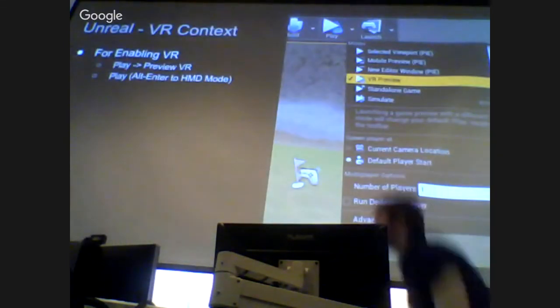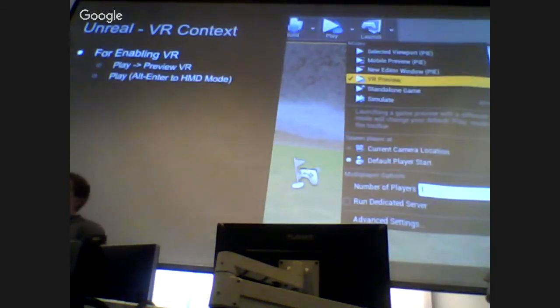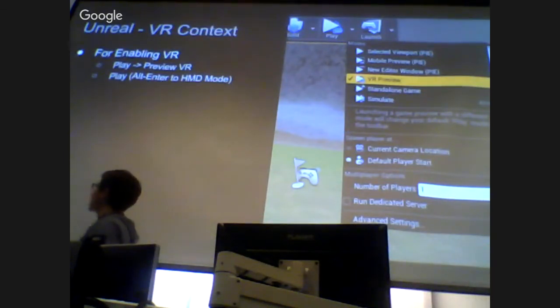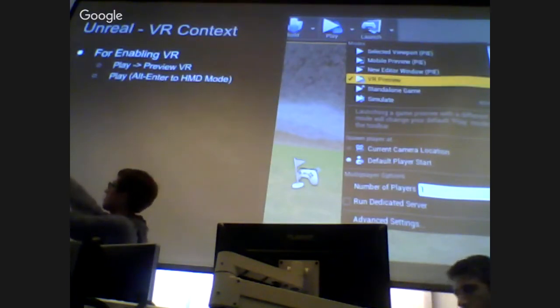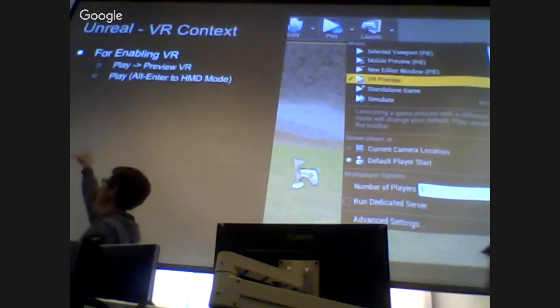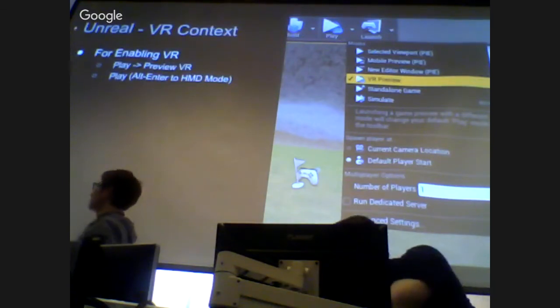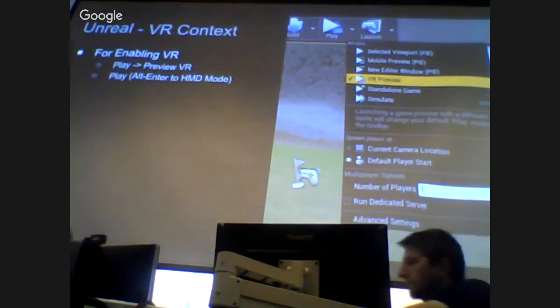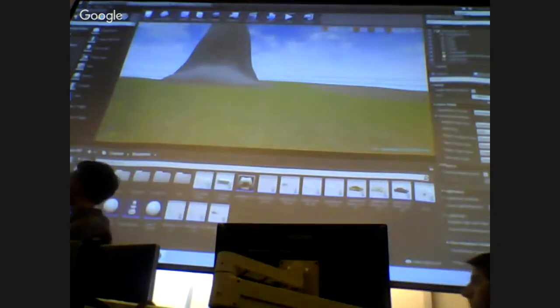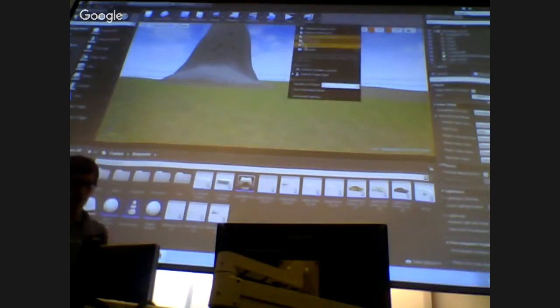So going over to Unreal, it is also very easy to set up something for a VR environment. There is literally a VR preview dropdown from this play button, and you can see your VR environment. What we're going to show you right now is something from our game, our tank game, a virtual reality tank game that is multiplayer. Right here, if I just go to the dropdown, VR preview,